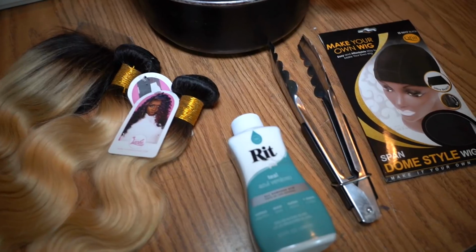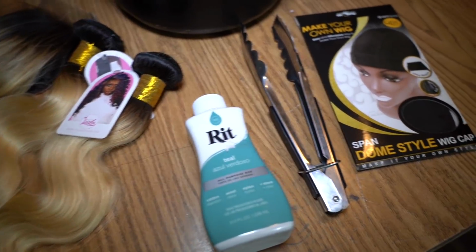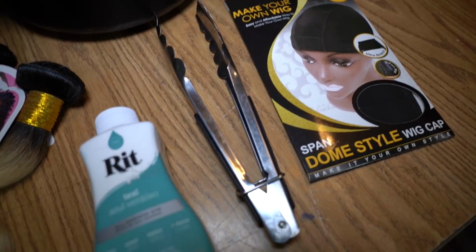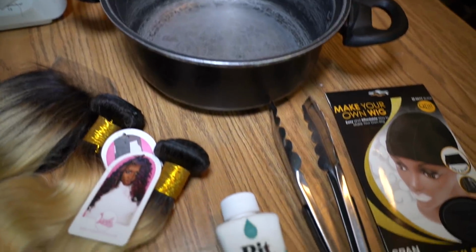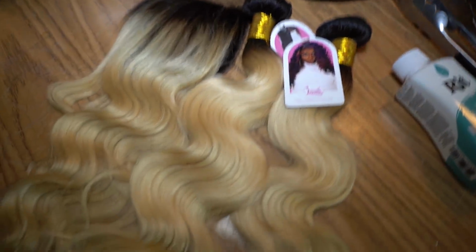So many of you are probably like, why is Jay Will here for a Candy tutorial? It's because I make all of Candy's wigs. So here I am to give you knowledge. And plus, it's hard to do hair with nails on, with the crystals. They always get caught up. So, yeah, anywho. With my method, I'm going to be showing you how I dyed hair with the boiling water